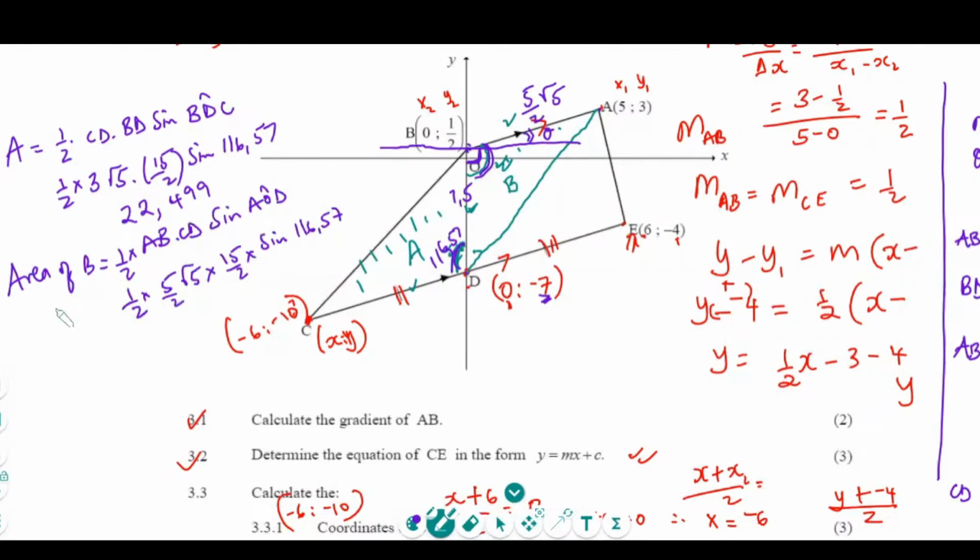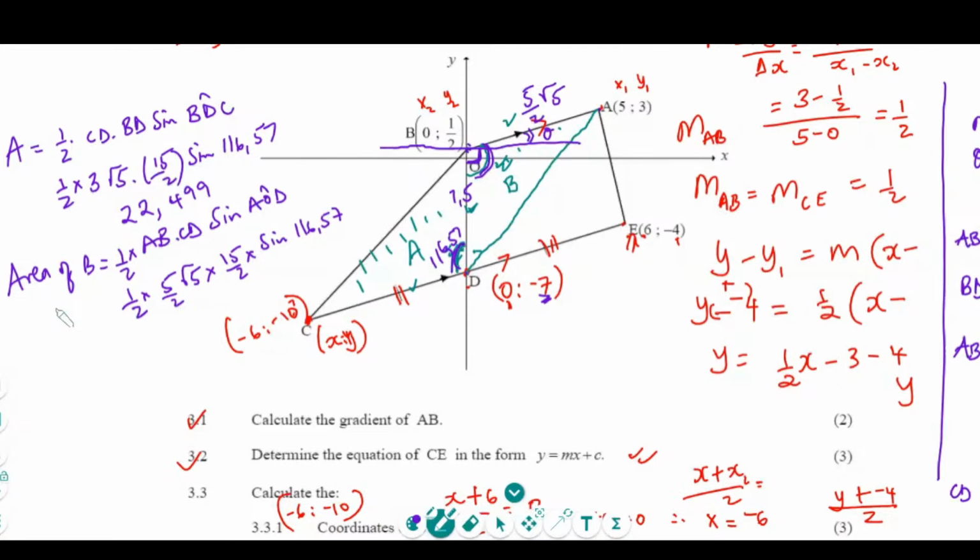Okay, so we're saying a half times 5 over 2 root of 5, and then we are multiplying it by 15 over 2, and then multiply it by the sine of 116,57. Okay, we are getting